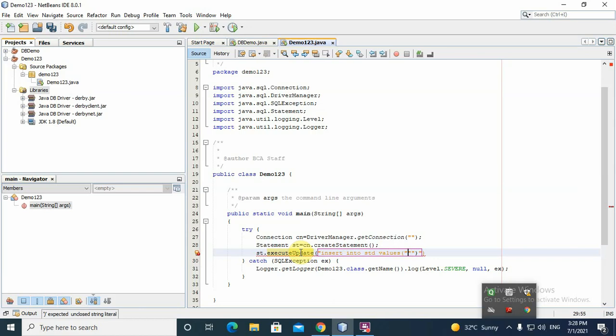For example, student register ID, that is the register number is 100, and we are passing another parameter, that is student name. For example, student name is Chanakya. Just entering the values.